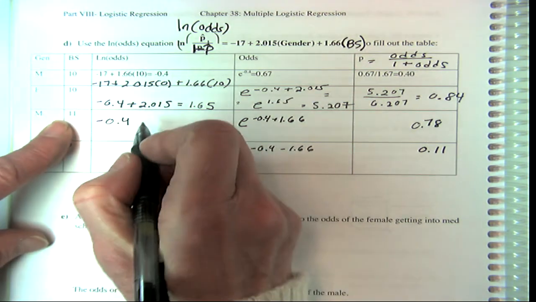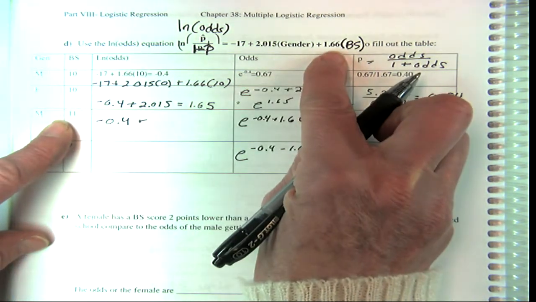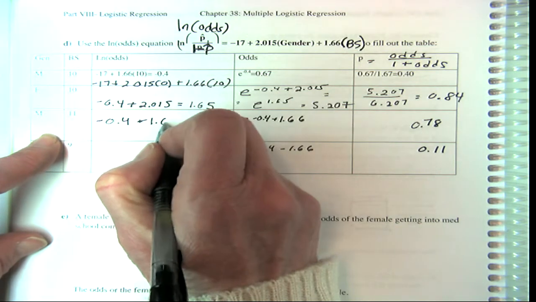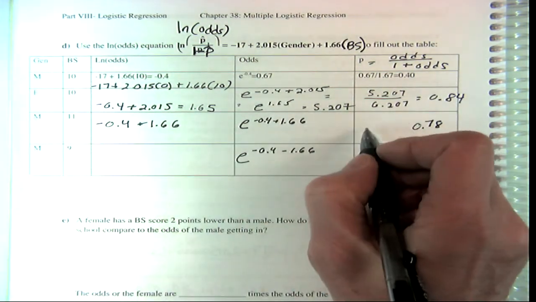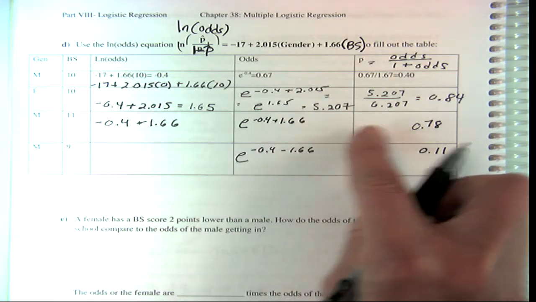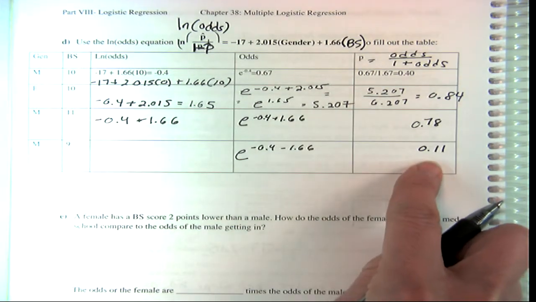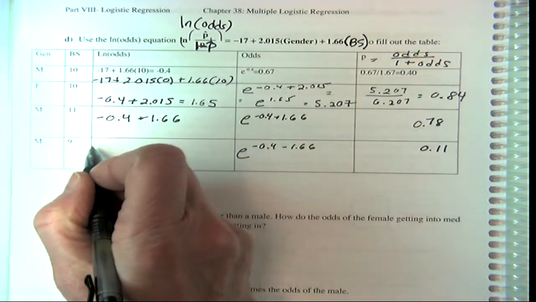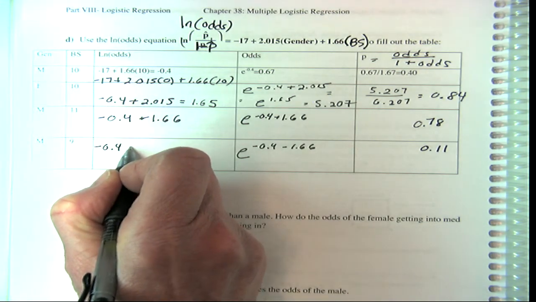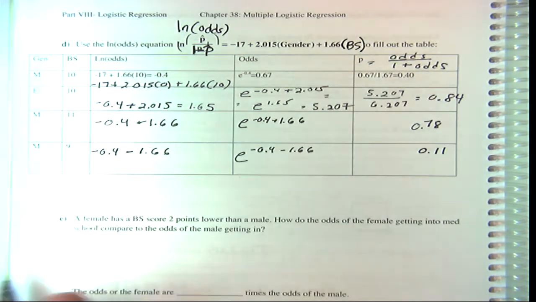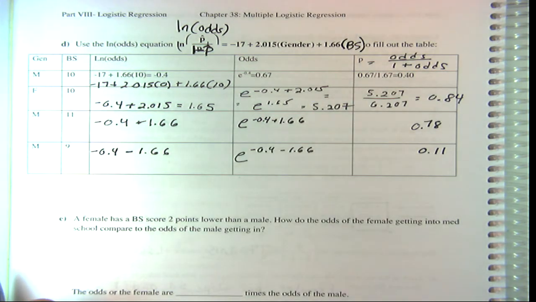You're going up 1, so it will be plus 1.66. And that's what you added here. And then to get this, I'm just giving you the answers here. I think you know how to do this. And here it would be negative 0.4, because you're going down 1.66. Okay,